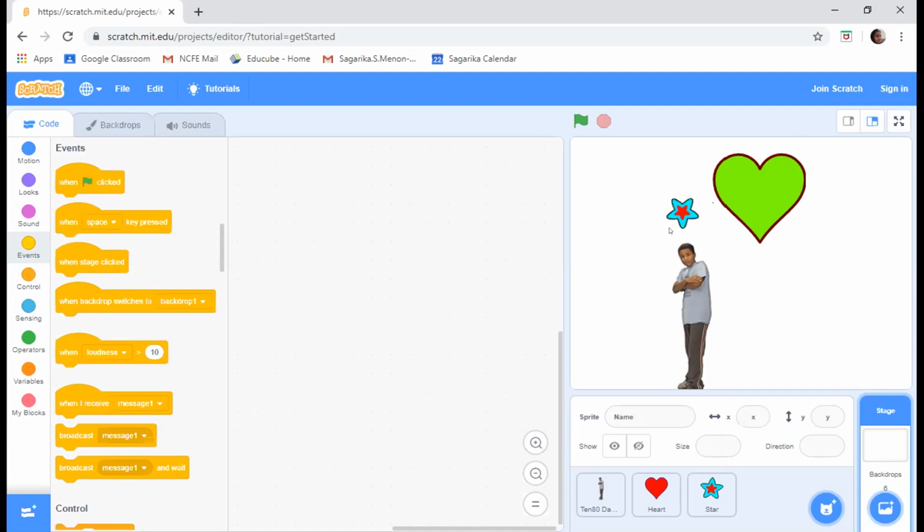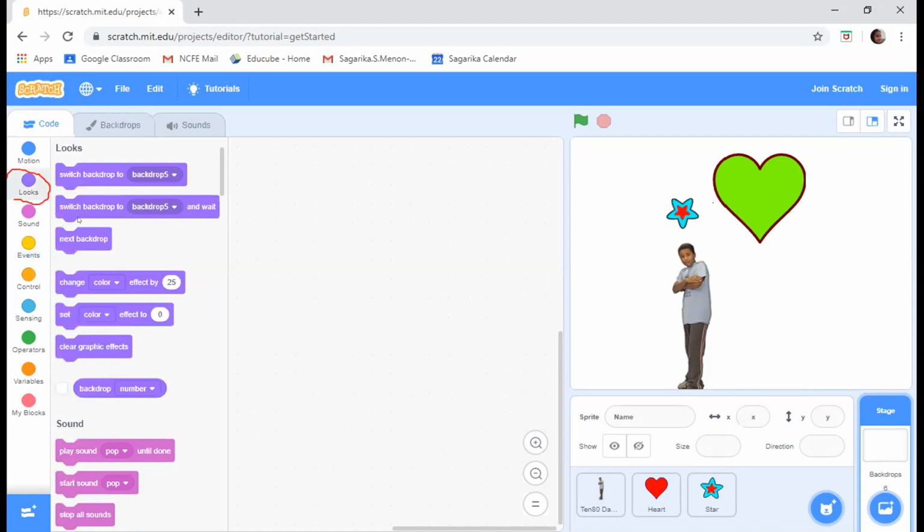Now do one thing. Go to looks. Drag and drop, switch backdrop.